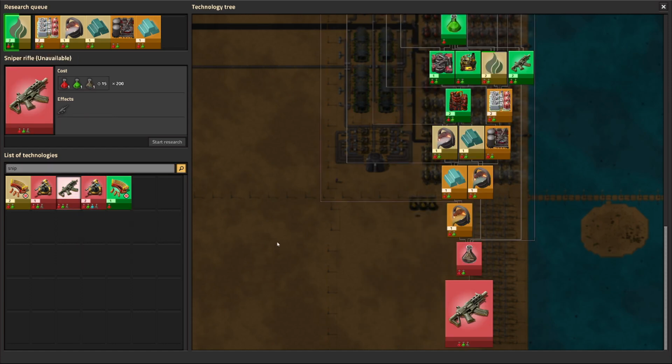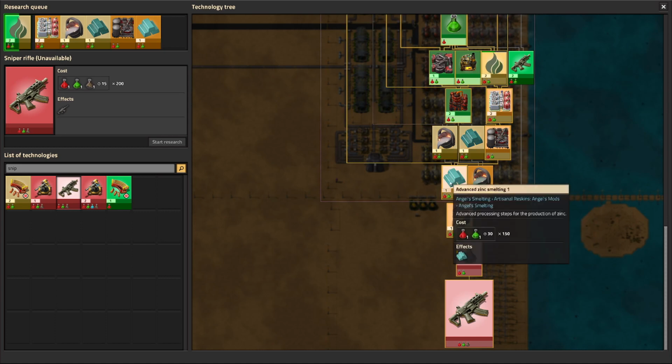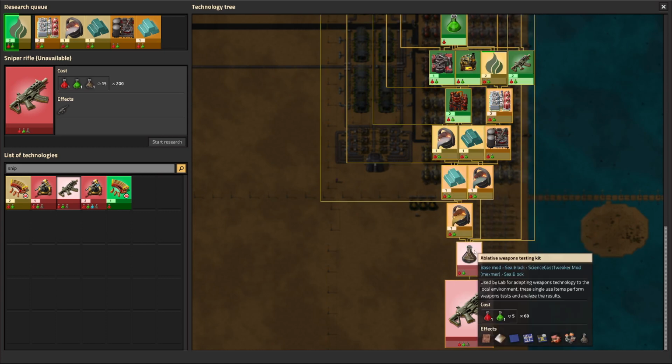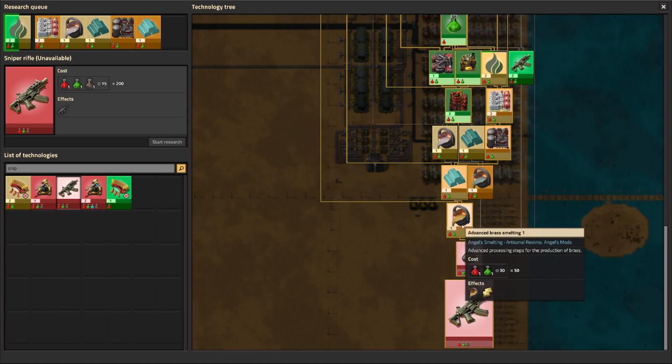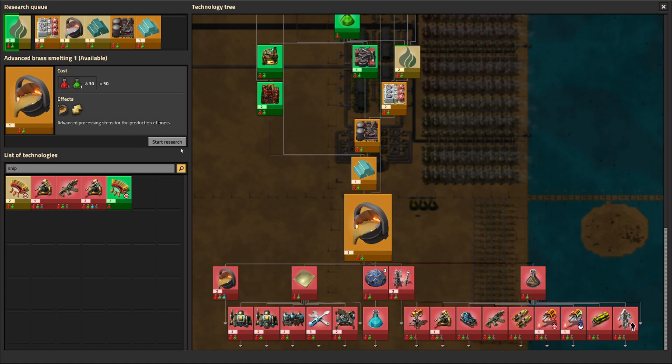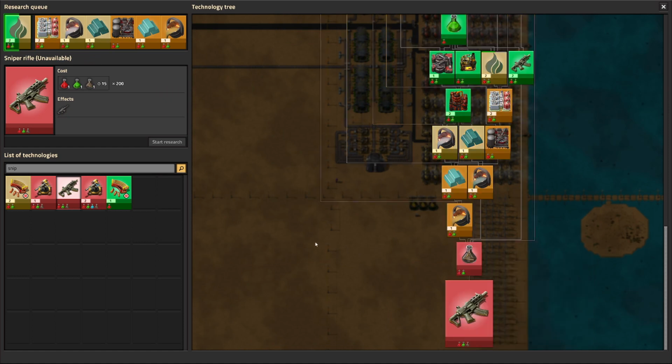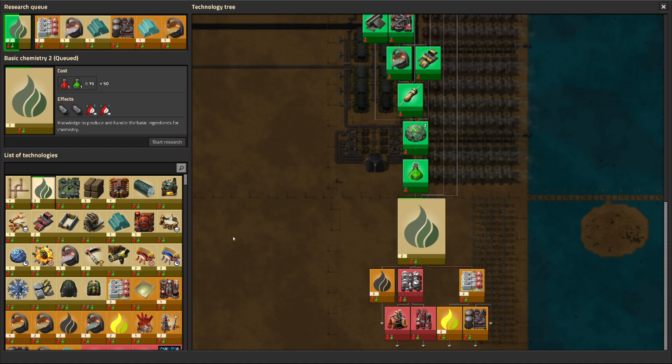So let's look at what the next one on the list for sniper rifle is. We got that one on there. So brass is going to be our next one, and then after that, it's going to be this ablative weapons kit. And so let's add brass to the mix. And once we got all of these, I will put down the ablative weapons test kit as our next science to get. And then,